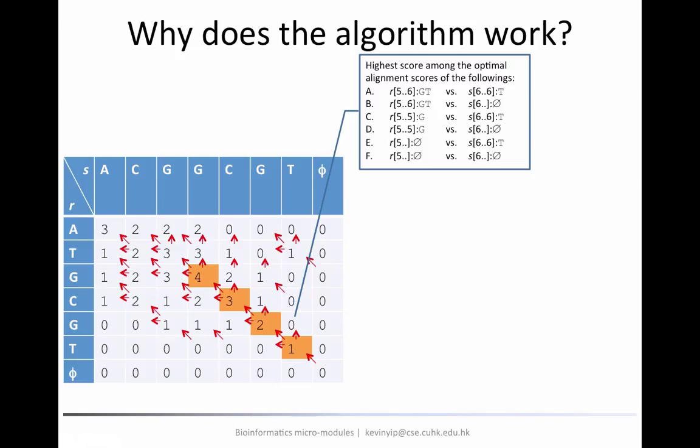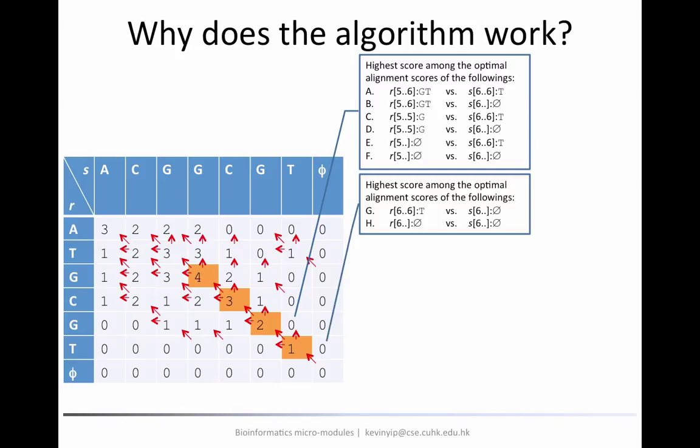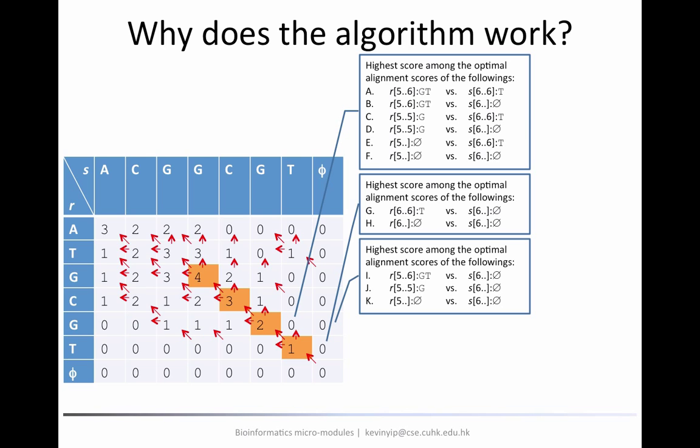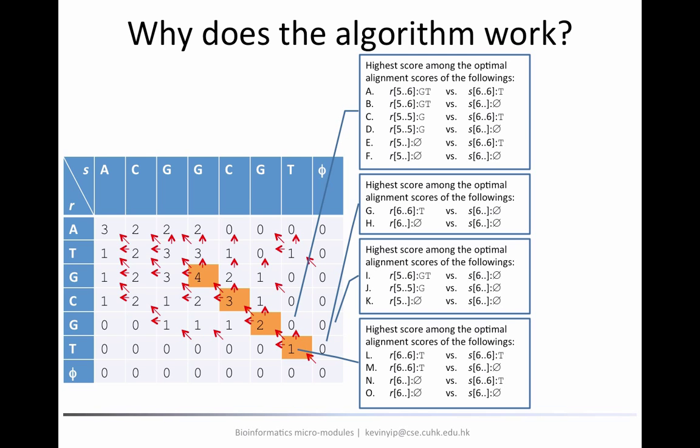And similarly, we can write down the definition of this number, which is the maximum of 2 numbers. This one is the maximum of 3. This one is the maximum of 4. Now we have defined many different values. What we try to do is rewrite the numbers in the first box using the numbers in the other boxes.